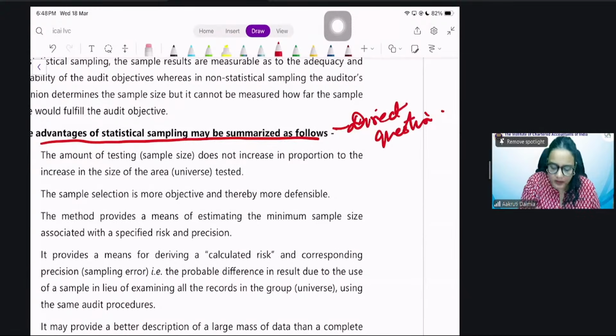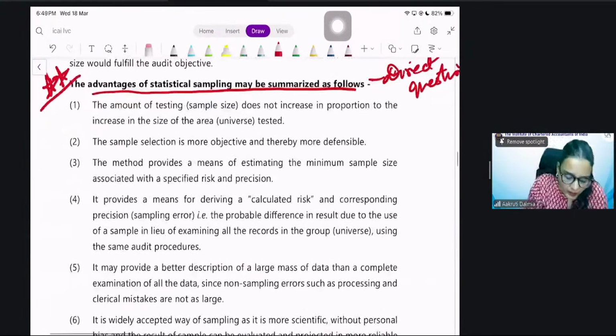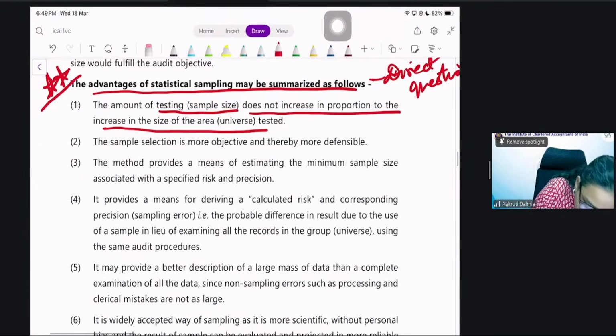Usually it comes as a very direct question. So what are the advantages of a statistical sampling? The amount of testing does not increase in proportion to the increase in the size of the area to be tested. This I just explained to you 2 minutes back. That statistical sampling theory of probability, properly finding correct sample representative of the population, it means that the size of